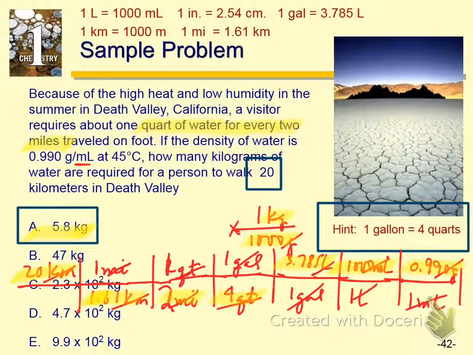5.8 kilograms. Okay? Does that make sense? Now, this was a hard problem. In fact, there are 7 conversions that we had to do. Imagine yourself trying to do this problem without using this method. It would fill up a couple pages of paper with scribbles. Here we're able to do everything in a straight line, and we've done 7 math problems all simultaneously. Which is beautiful. Does that make sense? This is hard, so this might be like a bonus question on the test. Not every problem we're going to have is going to be like this.